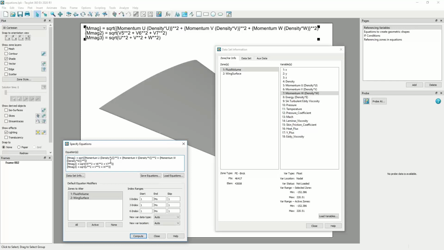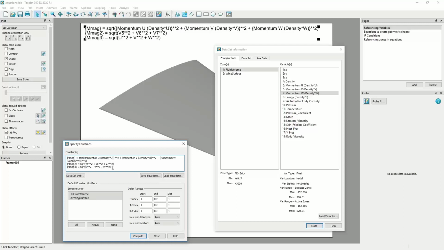The second example that is the same, but we're just referencing it a little bit differently, is using this shorthand for the variable number. So we have V5, V6, and V7, which pairs with variable 5, 6, and 7 in our data set. That way we don't need to type out the full variable name or use those curly braces to contain it. And then even easier, for a computation like this third option, we can also use this letter code shorthand,